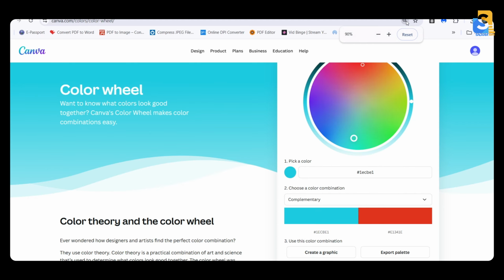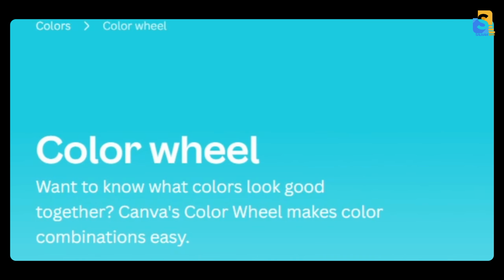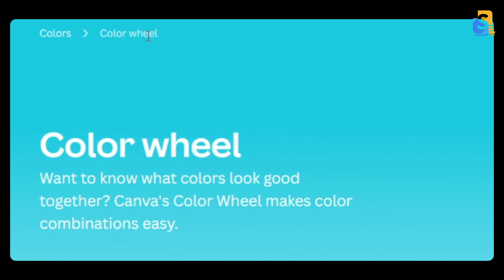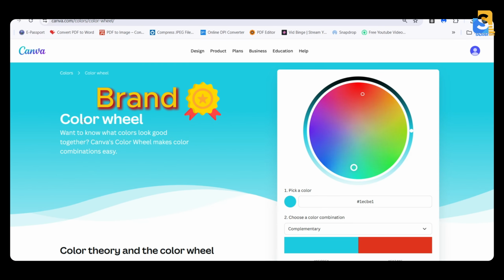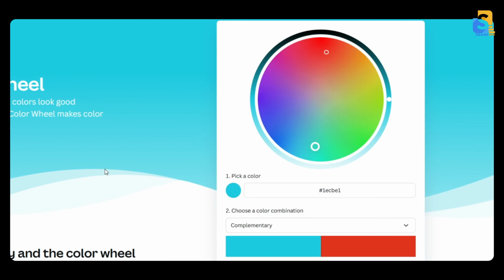Okay, now we've reached my favorite feature for today, which is Canva's Color Wheel. I'll put the link in the description below. This is a very helpful tool, especially when you're not sure which colors to use. Whether you're choosing colors for your brand or for digital products, this tool helps you find colors that look great together. To use the color wheel, the first thing you need to do is choose the main color you want